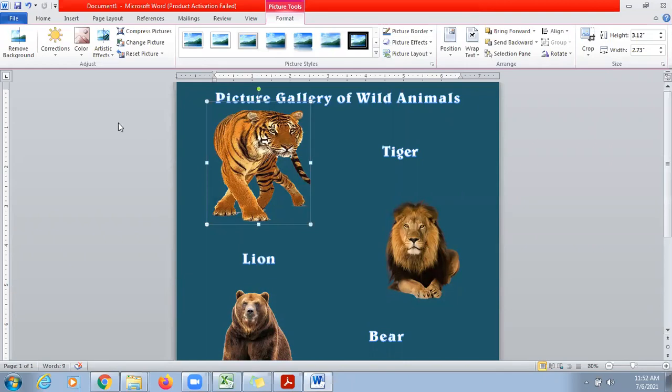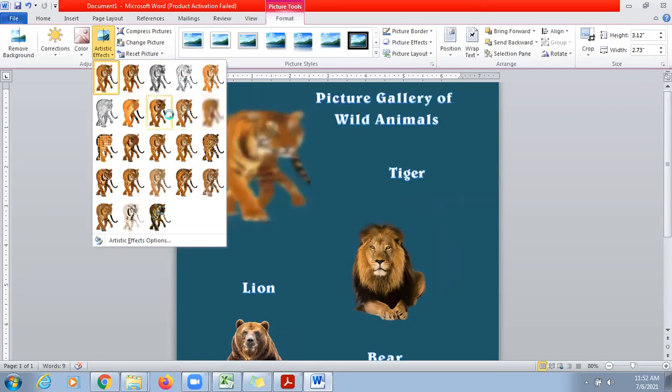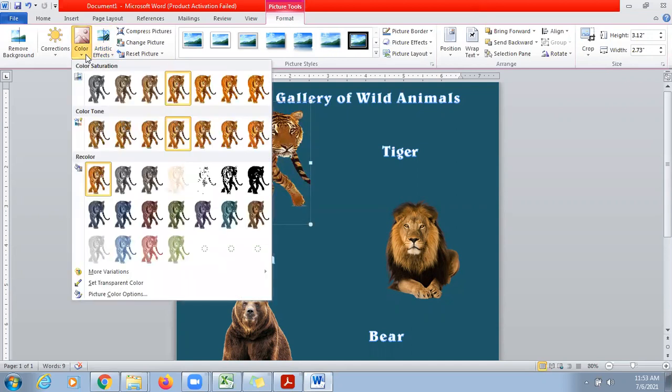Second thing what we can do is, we can also give artistic effects to our picture. So these are the different types of artistic effects which you can give. You can make a picture blur, you can make a picture like this, you can make a picture look like this. So these are the different types of artistic effects which are provided by MS Word. You can give any of the effects. You can also change the colors from here.